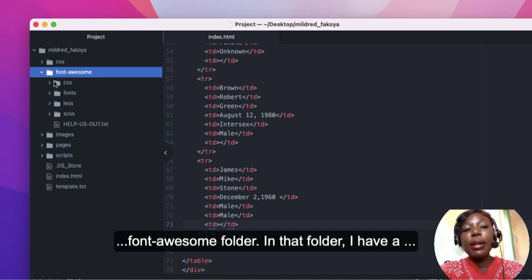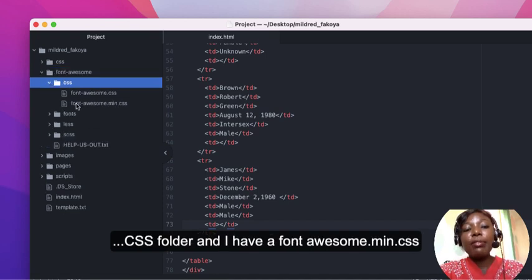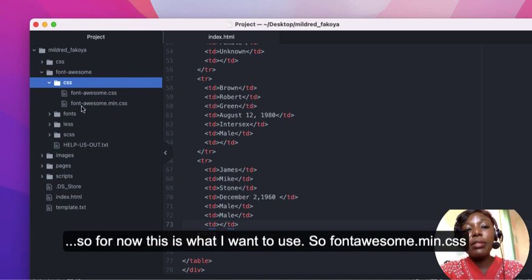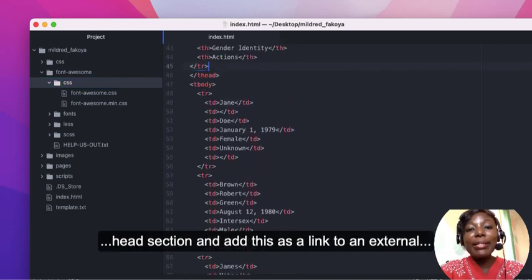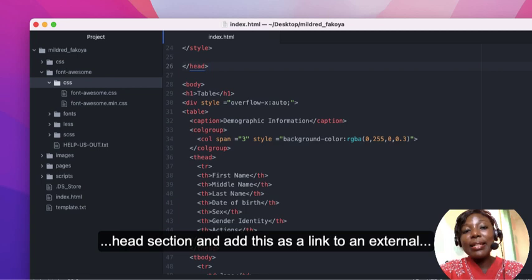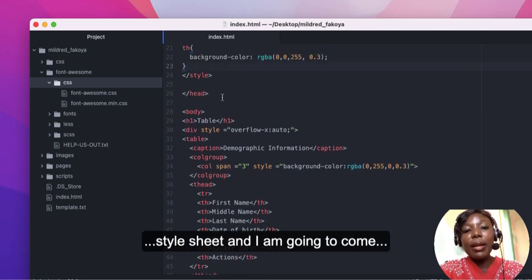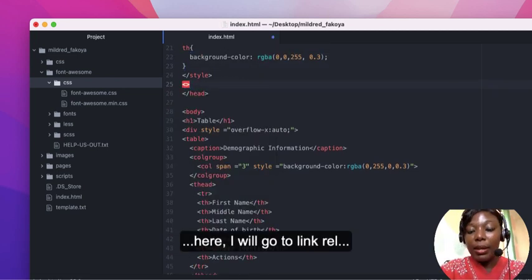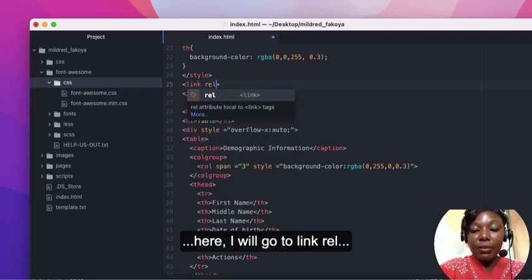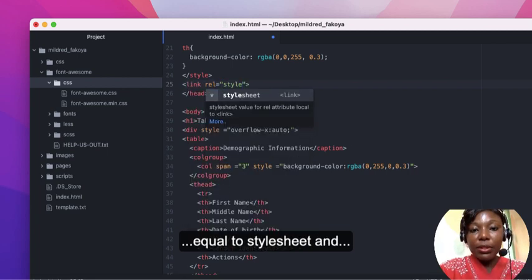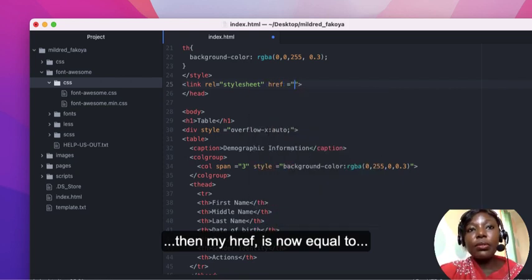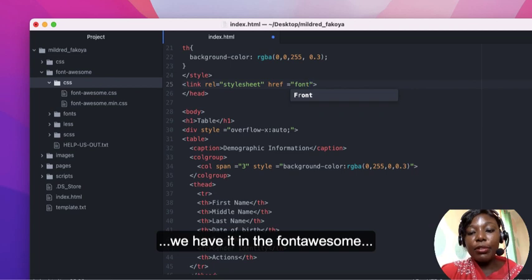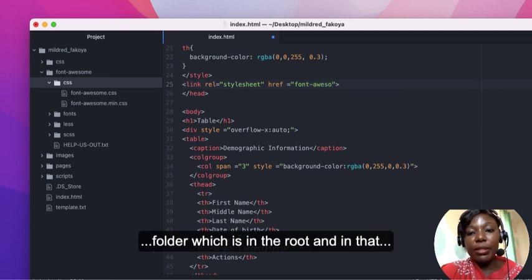In that folder, I have a CSS folder, and I have a fontawesome.min.css. So for now, this is what I want to use. What I will do next is to go to my head section and add this as a link to an external style sheet. I will put link rel equal to stylesheet, and then my href is now equal to, we have it in the Font Awesome folder, which is in the root,